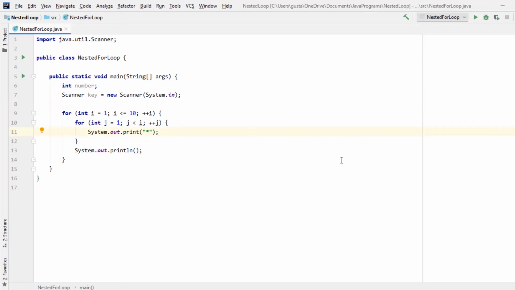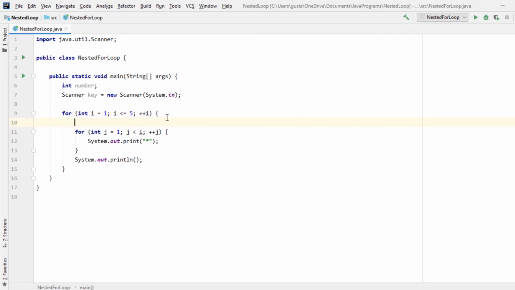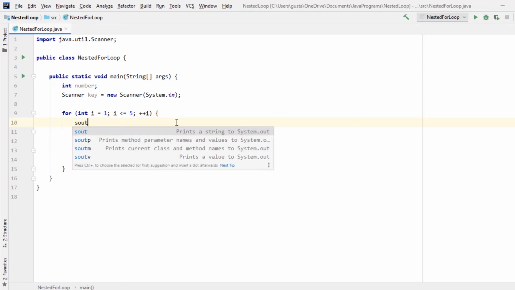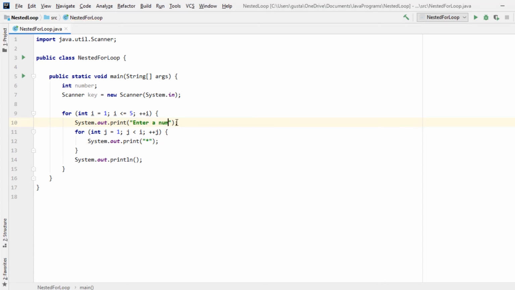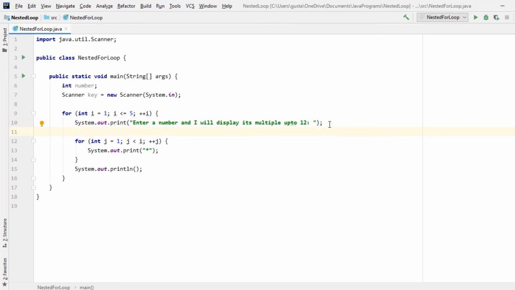Now for our nested for loop, in our outer for loop, let's change our 10 back to 5. And inside the loop, before the inner for loop, let's prompt our user for input. So our output statement: enter a number, and I will display its multiples up to 12. Now let's retrieve our input: number = key.nextInt();